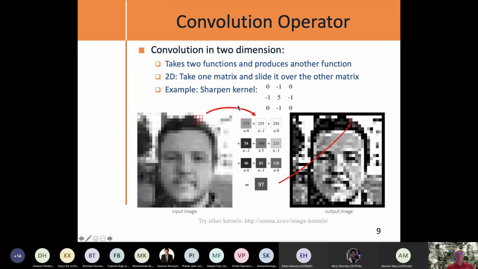First of all, what the heck is a convolution? Let's take a look at this guy's image once more. We're going to focus once more on this pixel right here and its surrounding pixels. A convolution in two dimensions, because this is an image of two dimensions, takes two functions and produces another function. We can think about this mixing of functions as taking a matrix and sliding it over top of another matrix, because the image is a matrix. The first matrix is our convolutional kernel. It's this little 3 by 3 centered on this pixel.